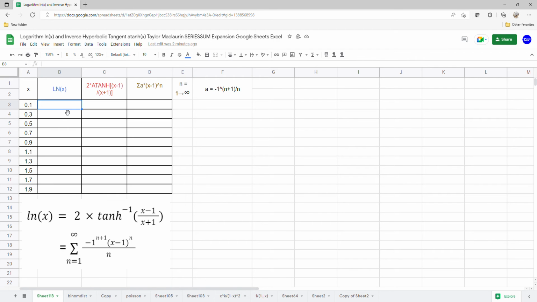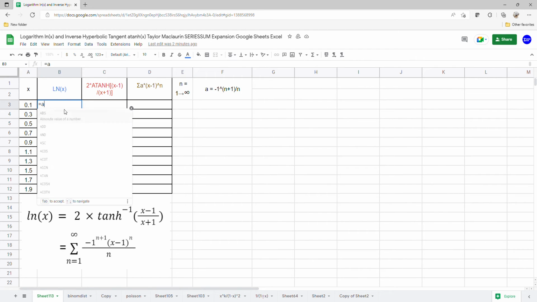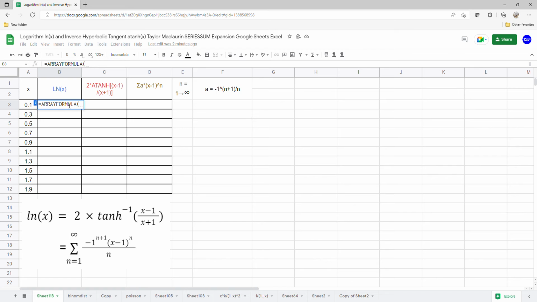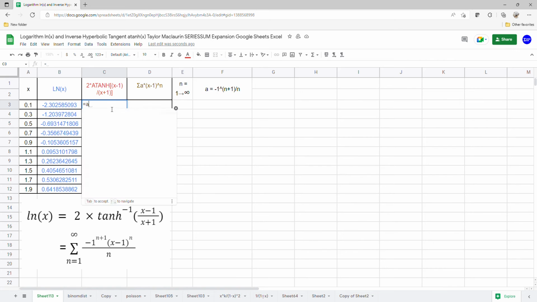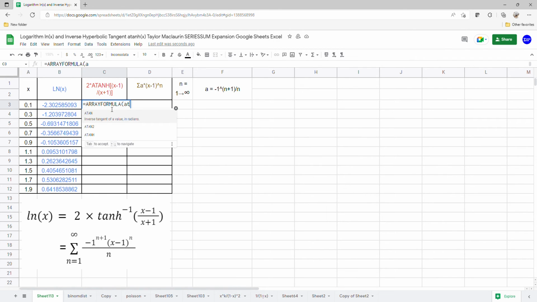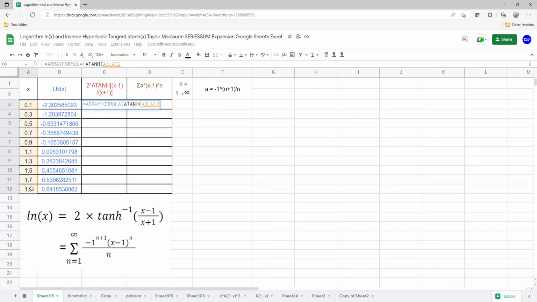Begin with the logarithm, which is array formula ln of the x values from 0.1 to 1.9. And the inverse hyperbolic tangent is equal to array formula ATANH of (x minus 1)